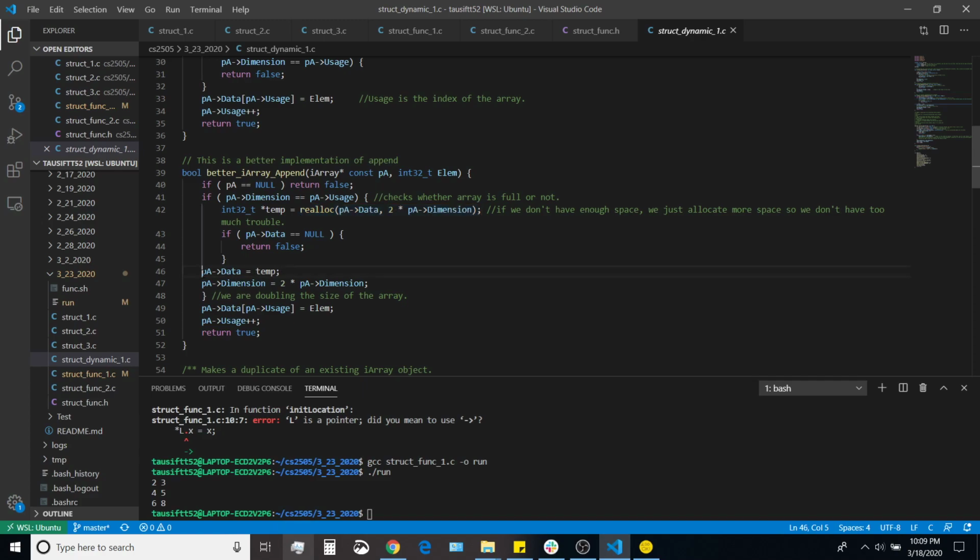we are doing this over here. Okay, I have the indentation all messed up, so it's going to be like this. Yeah, much better. So yeah, over here first I am reallocating the whole thing, and then I am pointing data to the temp. And remember, because of realloc, they were pointing to the